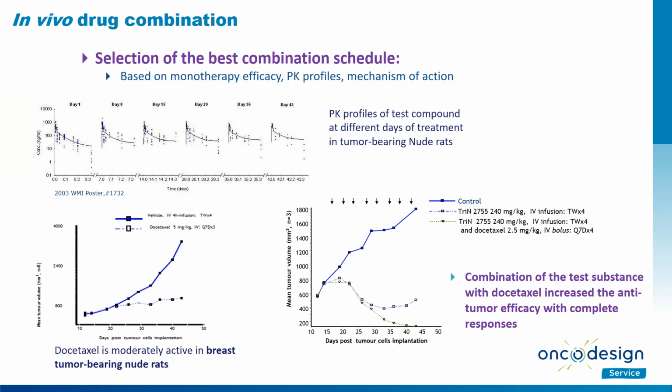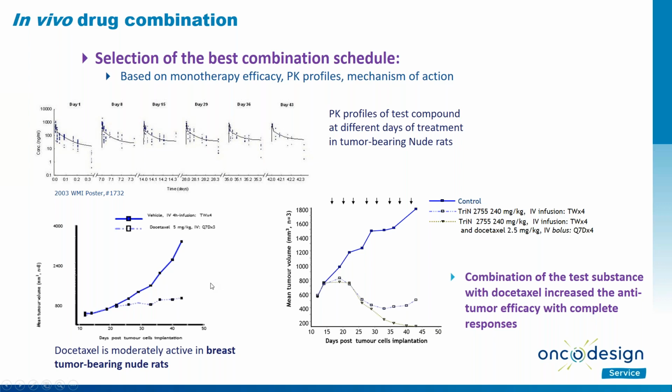Here we have tested an example with another compound, where we performed the pharmacokinetic profile of the compound after different administrations. That is really helpful to define the treatment schedule and the treatment dosing regimen of the compound that we combine